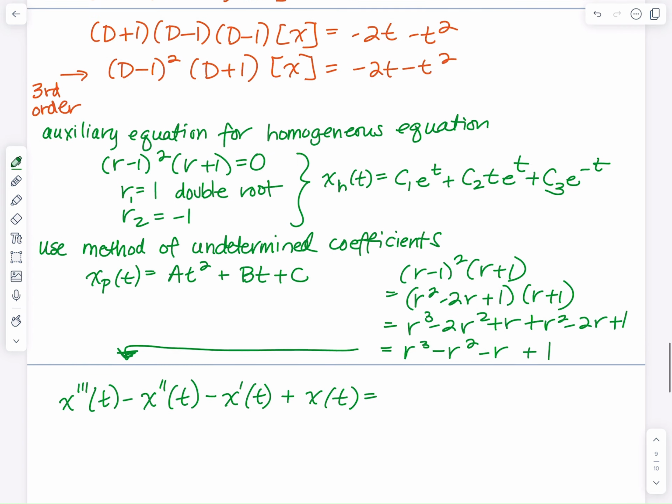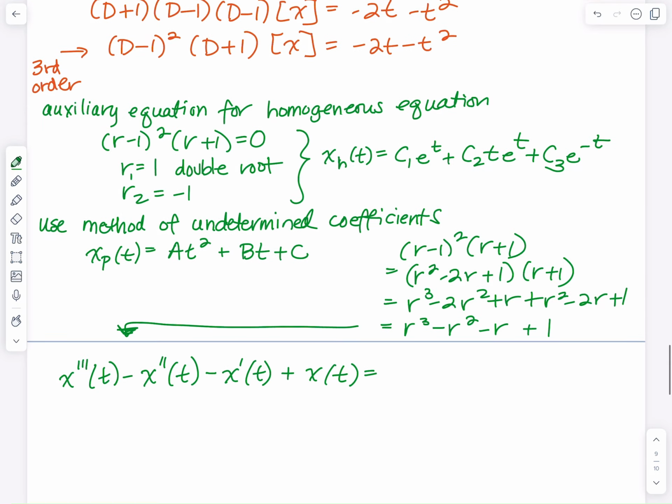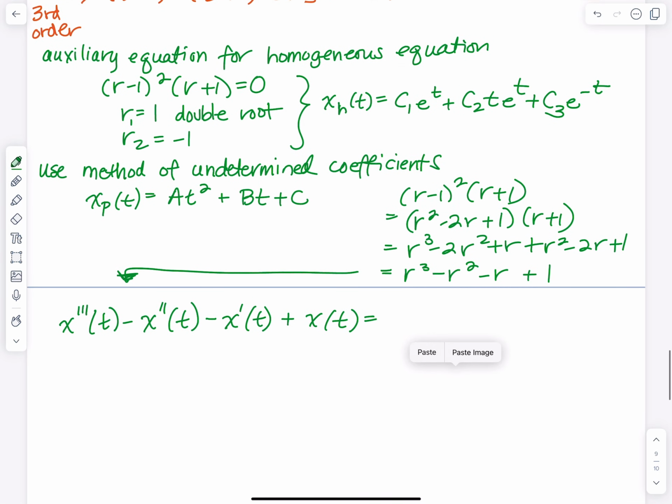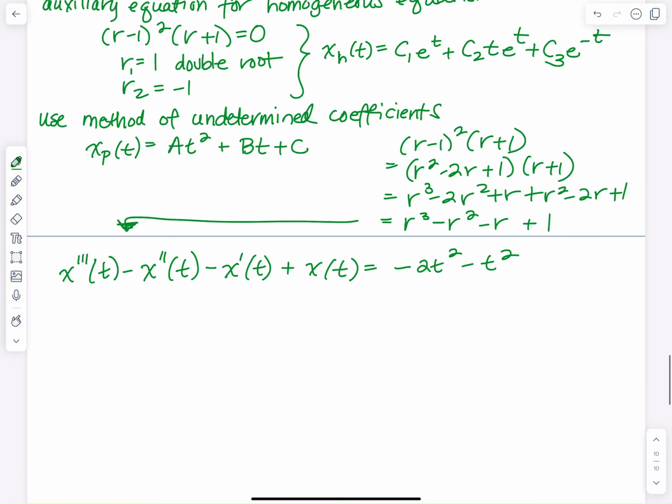Negative 2t squared minus t squared. Negative 2t. Okay, so